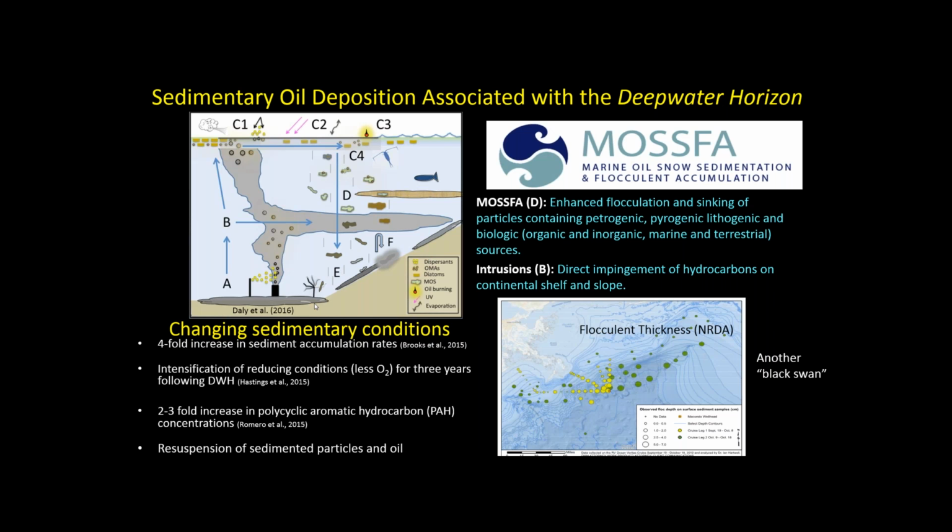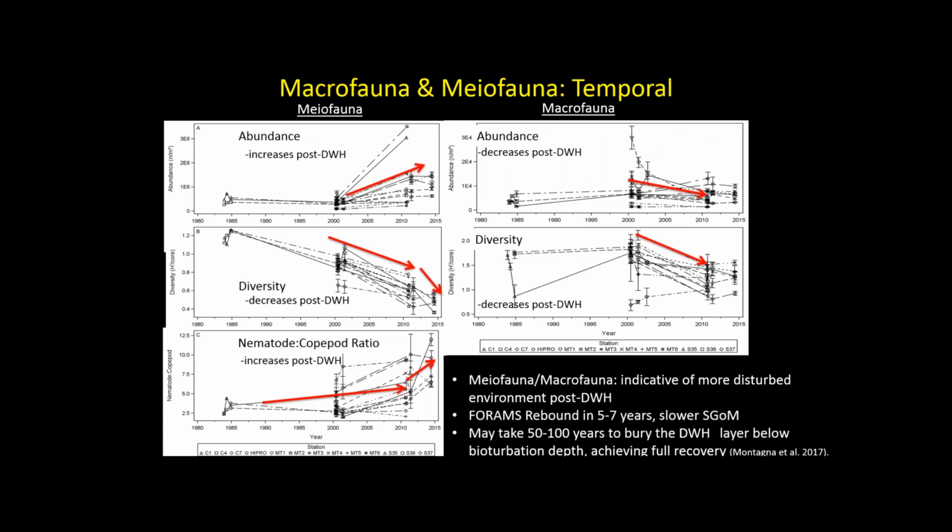That is probably the most important of those mechanisms, and it was very broad in terms of the depositional layer. We also had some very serious impacts on the benthos, particularly in the region